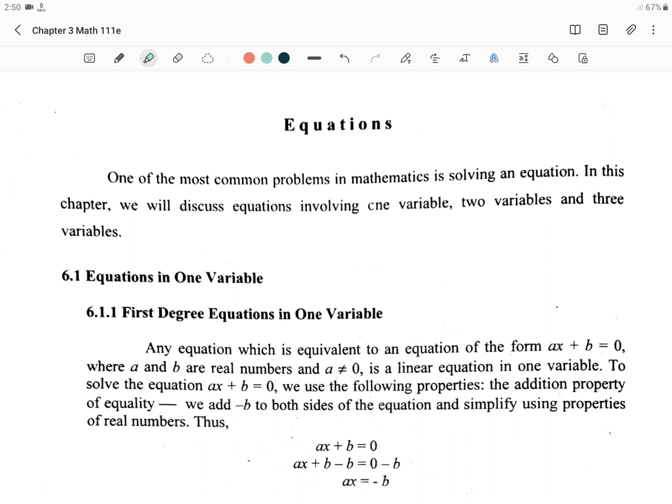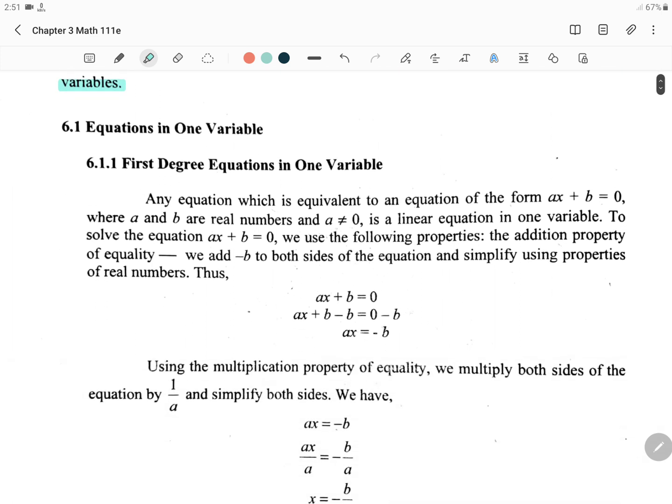Okay? So without any further ado, let us begin our discussion on equations. Now, talking about mathematics, one of the most common problems is basically solving an equation. So that is why in this chapter, we will discuss equations involving one variable, two variables, and three variables. To be more specific, we will deal first with equations in one variable with a degree of 1 or at